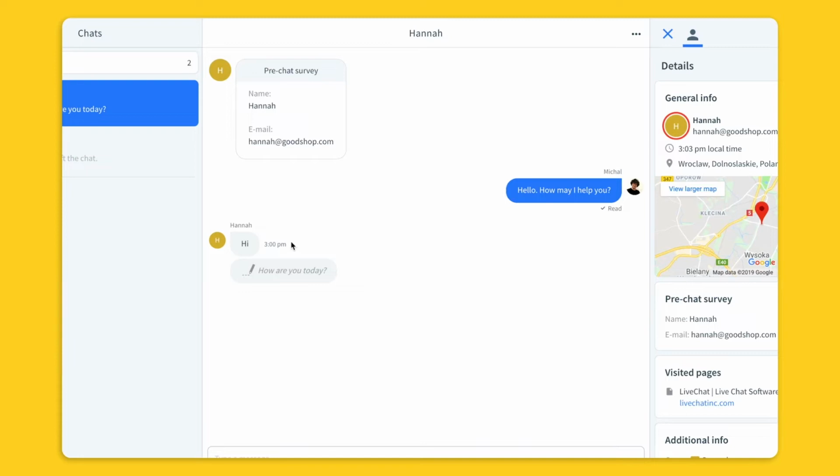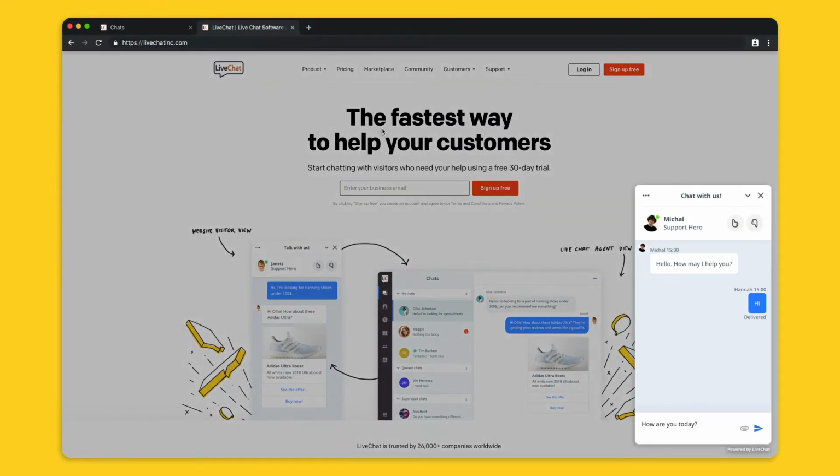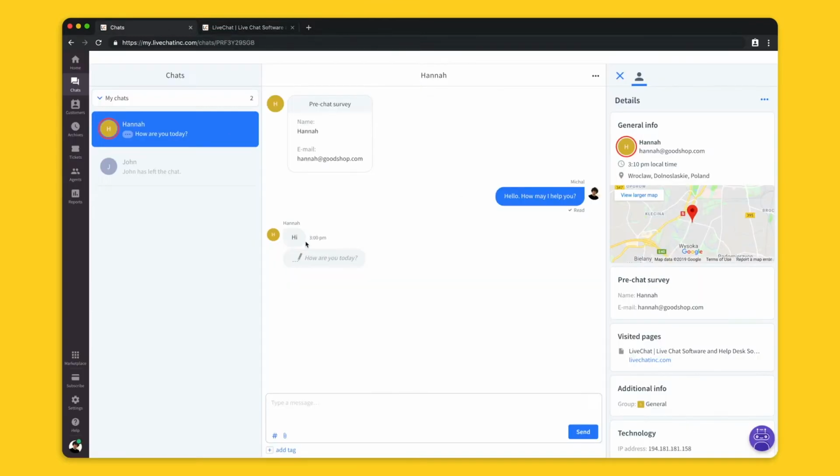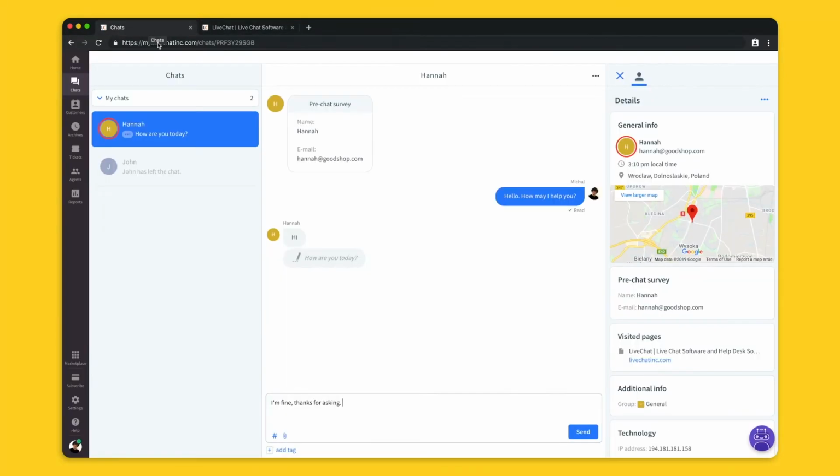You can see the customer's first message and a sneak peek of the message that he's currently typing. Let's jump to the point of view of the customer. As you can see, the customer is still typing a question. From the agent's side, I can see the typed message in real time, so I can start to prepare my answer and simply wait for the customer to send me his message. The customer can't see my message, so I can safely prepare my answer for him,